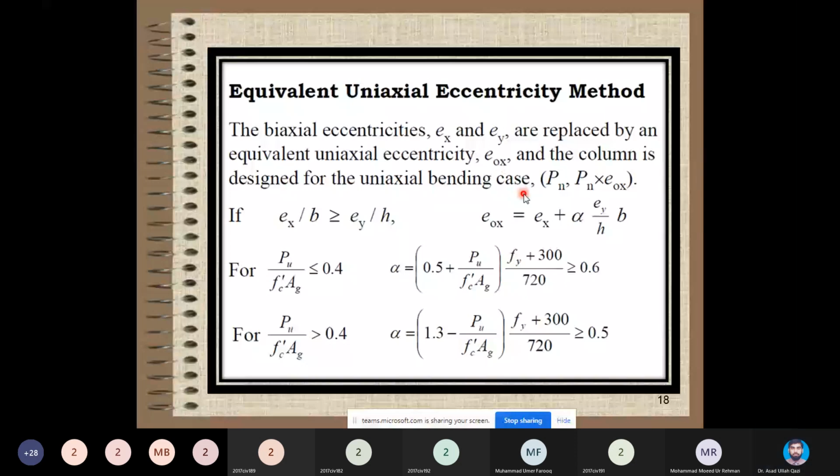So I repeat, it is just one extension. You will first get eccentricities on the column, because for example, if you have done the analysis, you know Pu, Mx and My. So simply Mx over P and My over P will give you eccentricities. Take both of them. Now try to convert biaxial eccentricity into one single uniaxial eccentricity according to this method. And then once you have converted it, use it.